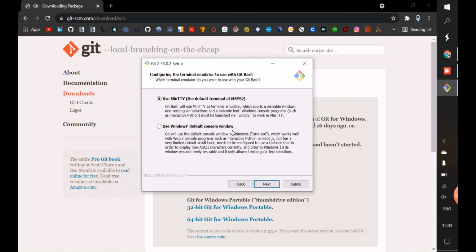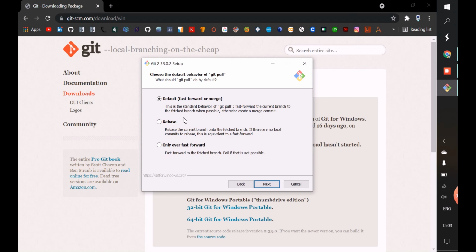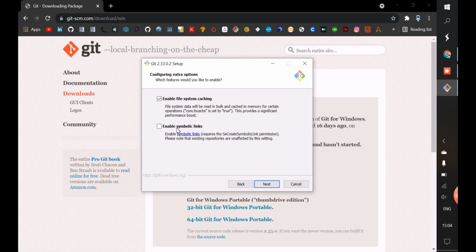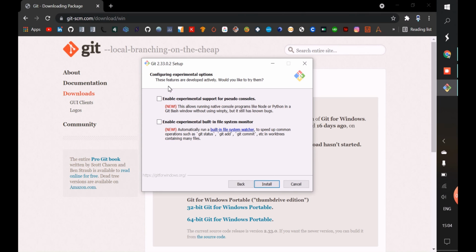This one, select use Windows as default console window, next. Then keep it default, next. Then select the second one, which is Git Credential Manager, then next. Then enable symbolic links, next.